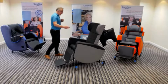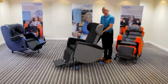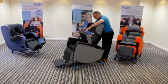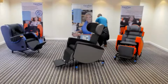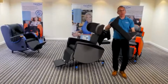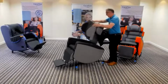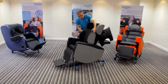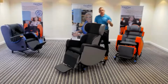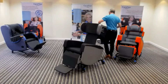So coming back to the back, I've removed my adjustable laterals. The Multijust is a very simple chair to reconfigure. I'm going to pop off the flat back. Perhaps I'd consider a contoured back, just a shaped back, very comfortable, just to prompt that midline position. It pops in, and we'd see how that would work. Again, looking at comfort, the third option we have